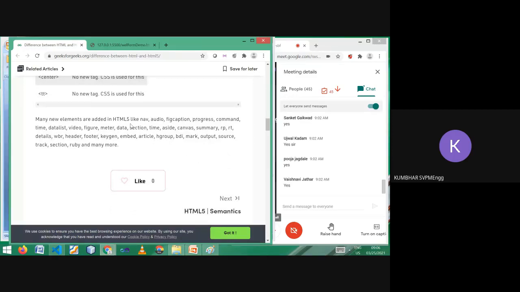New added elements. Figcaption, progress, command, time, datalist, video, figure, meter, data, section, time, aside, canvas, summary, rp, rt, details, wbr, header, footer, keygen, embed, article, hgroup, bdi, mark, output, source, track, ruby, and many more such tags are included in HTML5. So by hearing these names itself, you can understand how easy it is to develop using HTML5 and how useful it is for